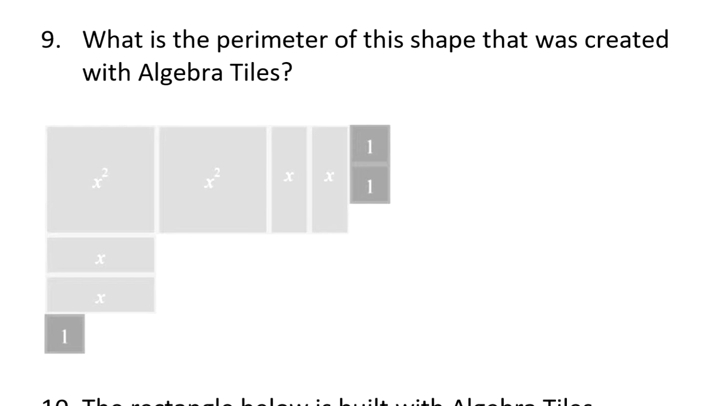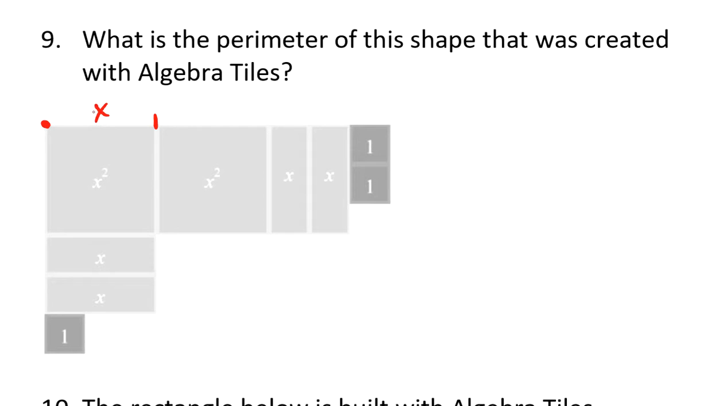What is the perimeter of this shape that was created with algebra tiles? The perimeter is the length around the outside of this shape, and most of these pieces are fairly easy to calculate their lengths. So as I go around, if I start at this corner and I go to this spot,